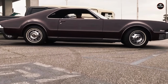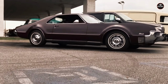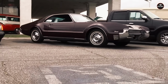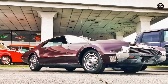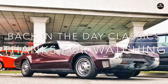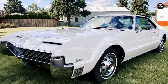Legacy of the 1966 Toronado. The 1966 Oldsmobile Toronado is remembered today as a landmark vehicle that pushed the boundaries of automotive design and engineering. Its pioneering front-wheel drive system influenced the development of future models and demonstrated the potential of this layout for high-performance cars. The Toronado also showcased the creative prowess of designers like Bill Mitchell and the engineering expertise of the Oldsmobile